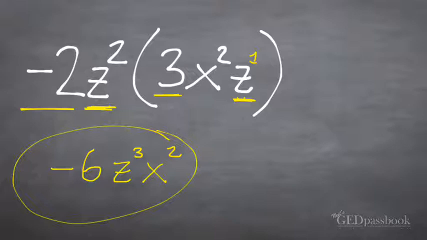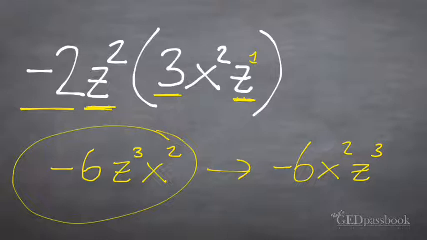So I recommend you start building this habit of writing final answers in standard notation. The way your answer is going to look under multiple choice options is negative 6x squared z cubed,